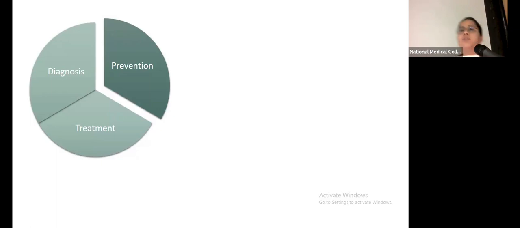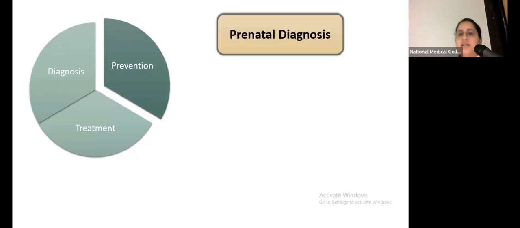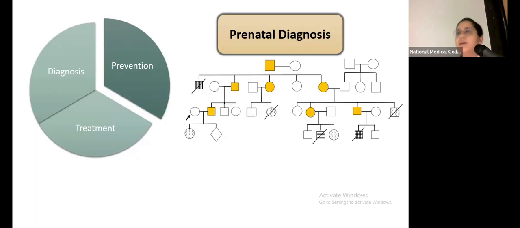The etiology can be diagnosed depending upon the clinical presentation, and not only the clinical presentation in the proband, but the clinical history of the entire family is very important when we choose a test for that particular family or that child. For example, in this representative pedigree, there is one woman who came to us for prenatal diagnosis, and history revealed that her first child is intellectually disabled, and not only her first child, there are many members in the family who have intellectual disability and also congenital malformation.